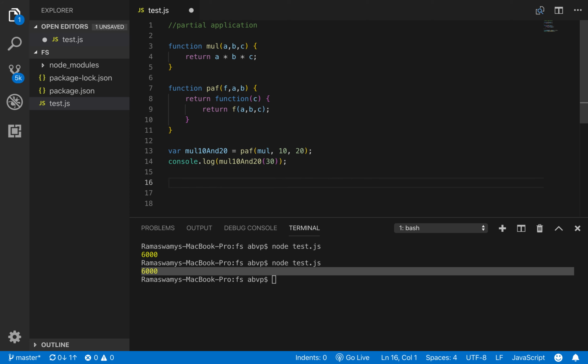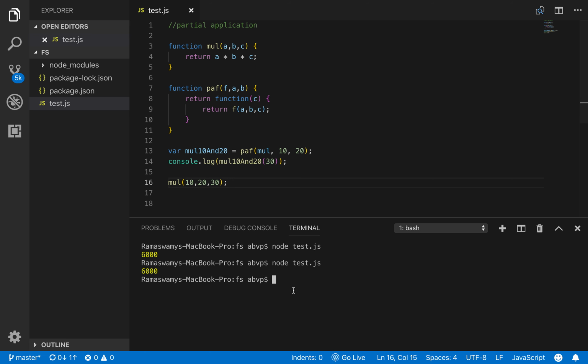Now guys, very well we could have called mul directly and then passed in the value of a, b and c. We could have said 10 comma 20 comma 30.